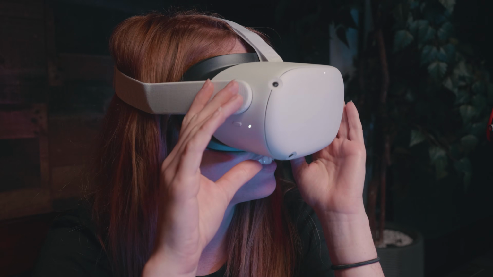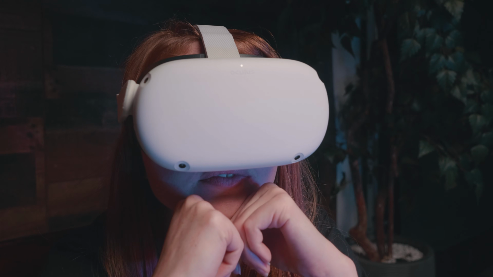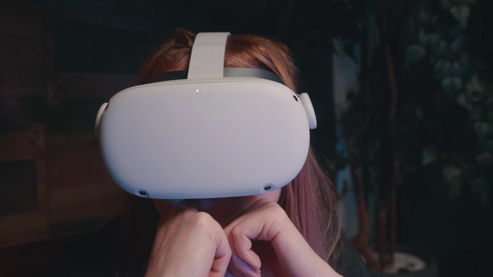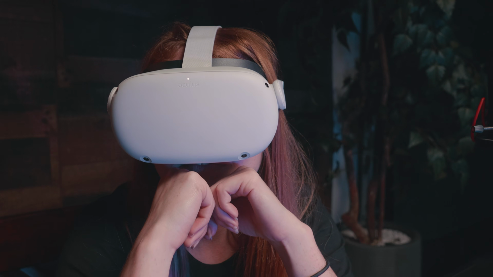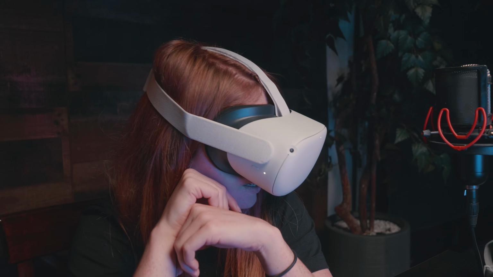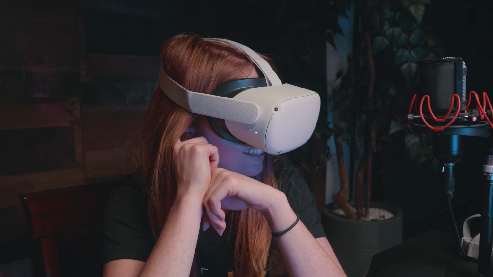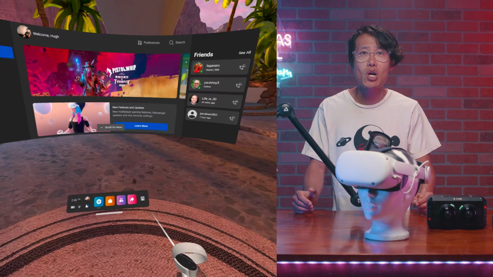Now, put on your Quest 2. The video will auto-play. Very user-friendly. Oculus did a great job of making the user experience as seamless as possible. Thank you, Oculus. If you want to discover more VR video content on Oculus TV, you can go to this